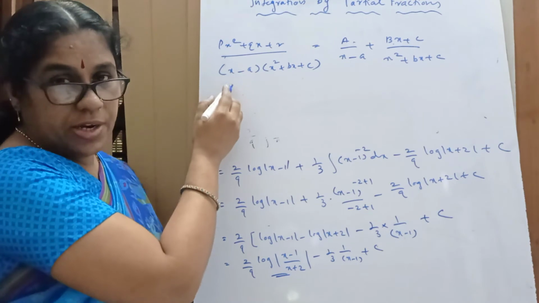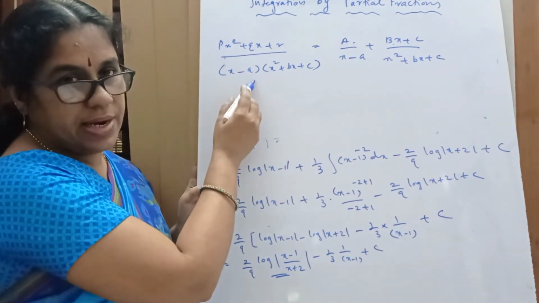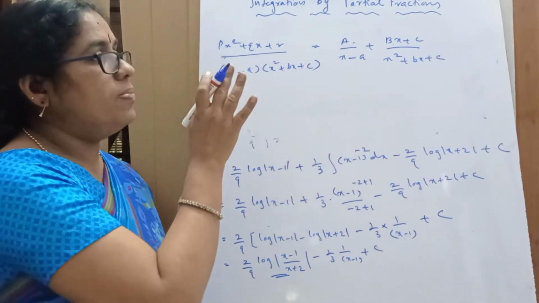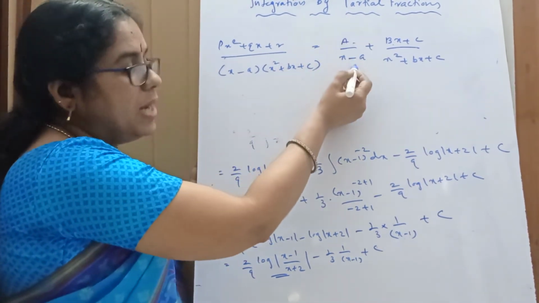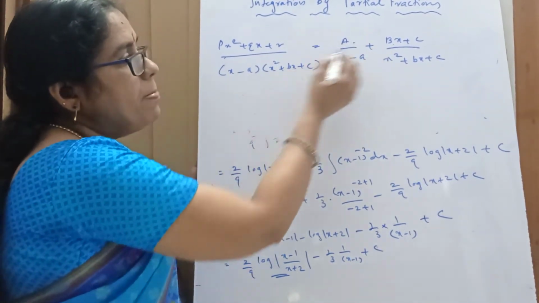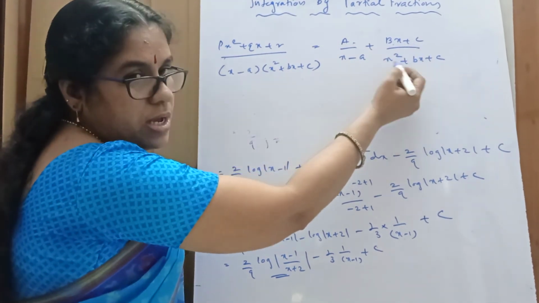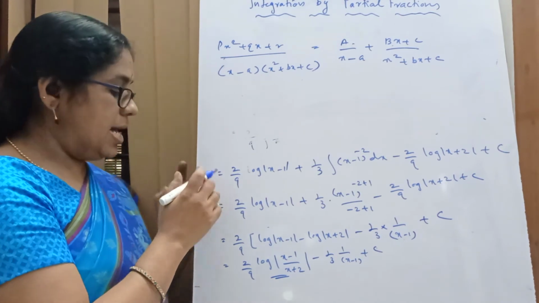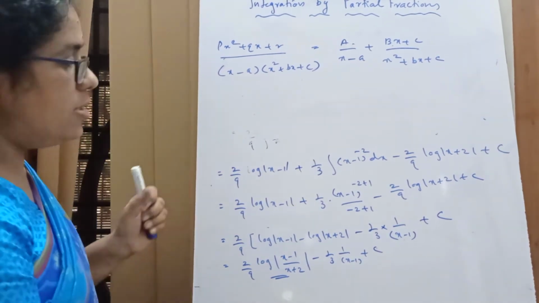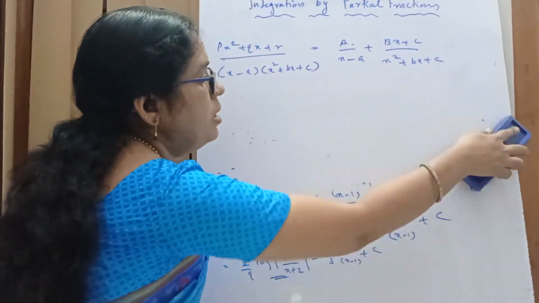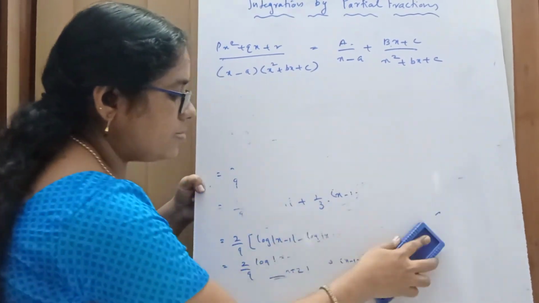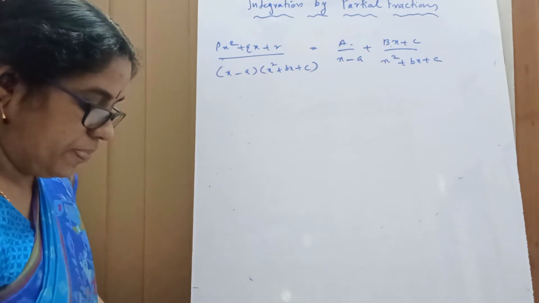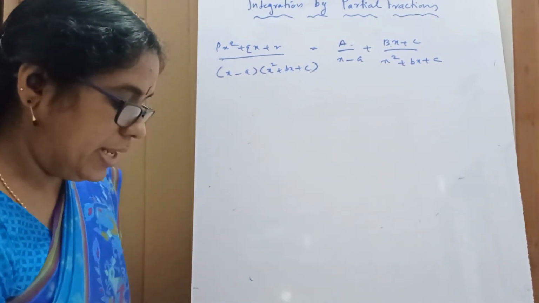That is, the denominator contains one linear factor and another quadratic factor that cannot be factorized. The partial form is a by the linear factor plus bx plus c divided by what? x squared plus bx plus c. This is the final, last form. Okay, so we can continue this with one example. That is, the next problem is: evaluate the integral